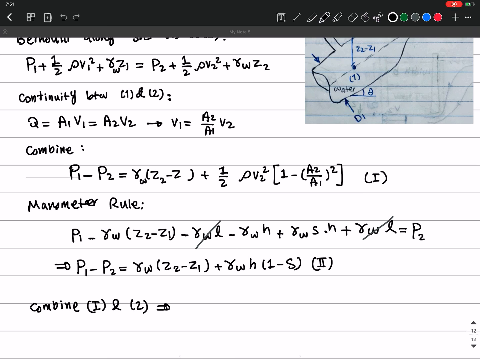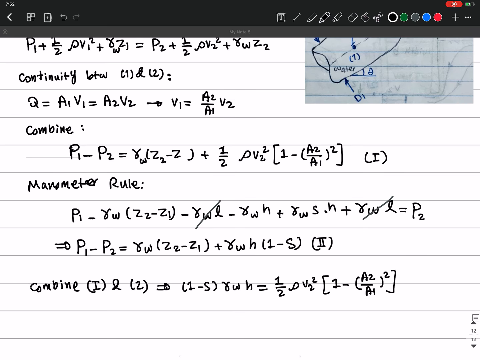And so we are only left with these two terms. So (1 minus S) times gamma W times H equals 1/2 rho V2 squared times (1 minus (A2 over A1) squared). Okay. And since V2 equals Q over A2,